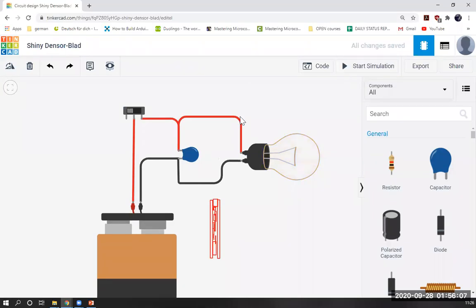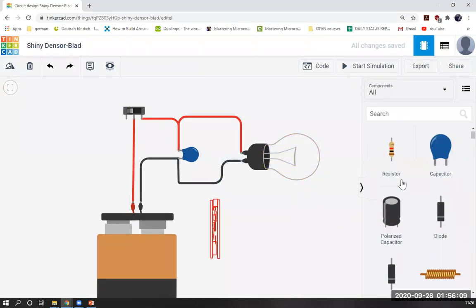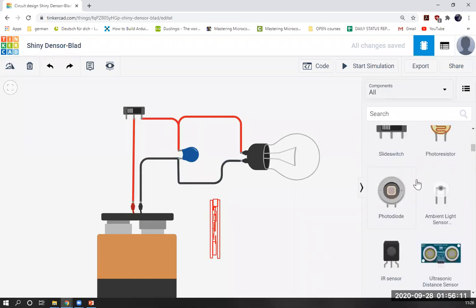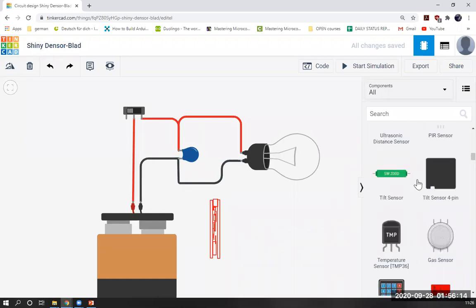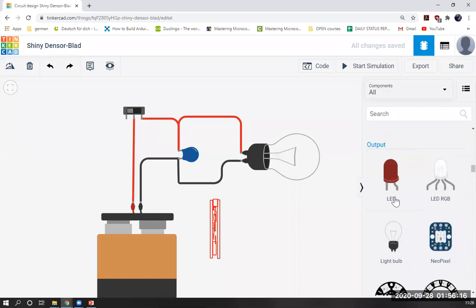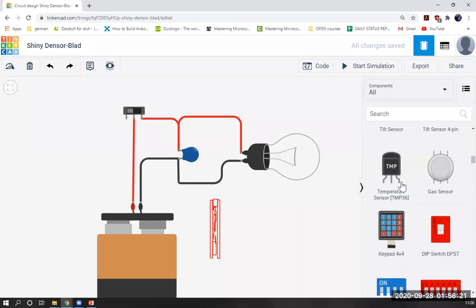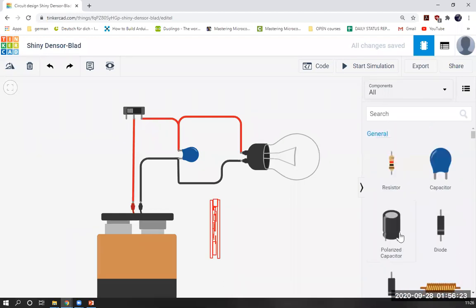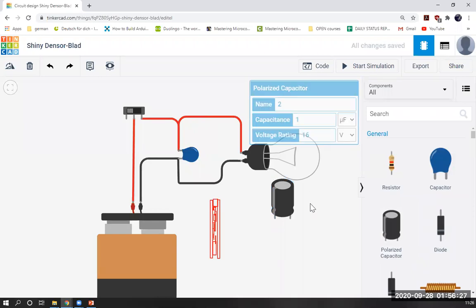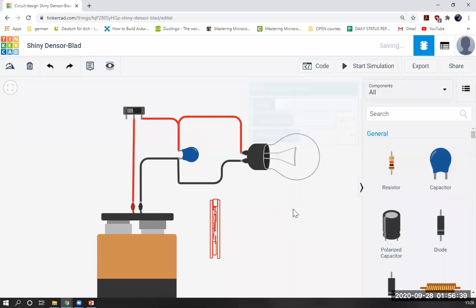Okay, so try the circuit out. Okay, so you can try with any of the bulbs. Okay, I mean this LED bulb or RGB, and try to connect other capacitor also, this polarized capacitor. You can also try this one. Okay, they are actually same in terms of simulation. Okay, they will make no difference in the simulation, but in actual life they will of course make a difference.